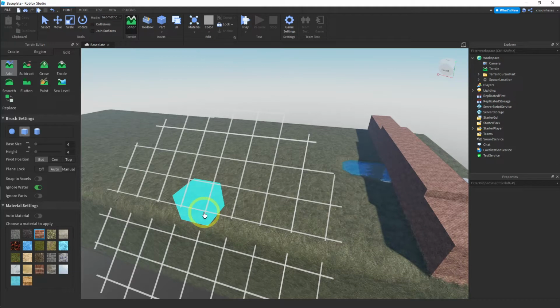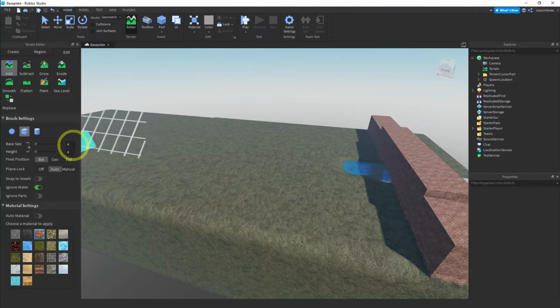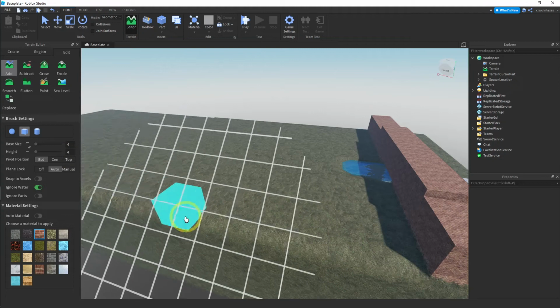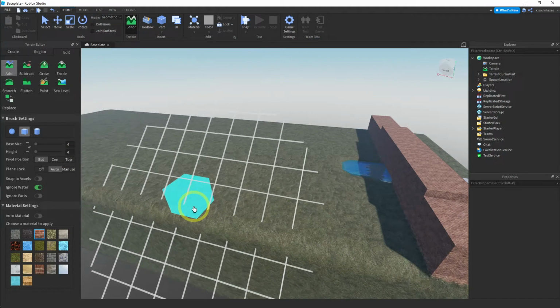I'm going to make my wall a bit smaller. This time, I actually want the base size and the height not to be the same. So what you do is you click on this little lock icon, and then that allows you to change them to whatever you want. So 4 for the base size,